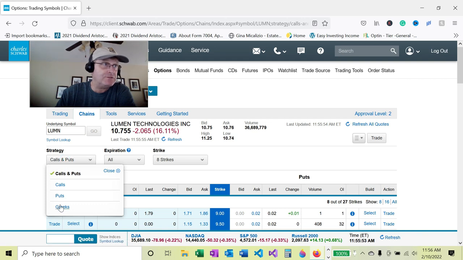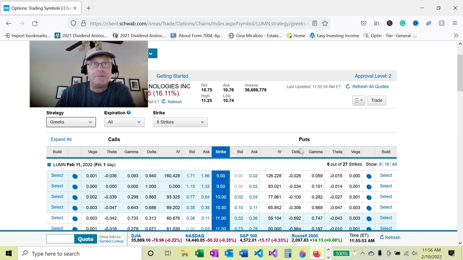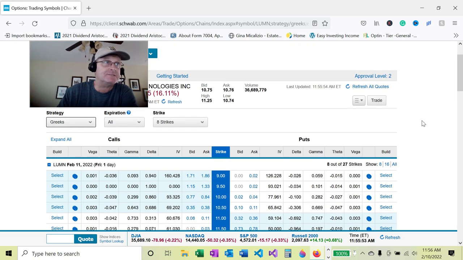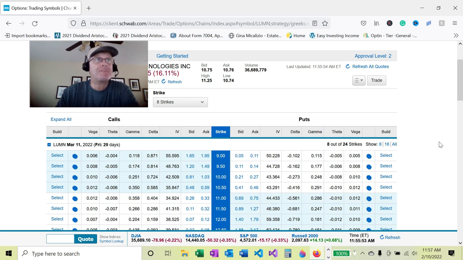Now I can switch over here to Greeks, and you'll notice that right underneath the P for puts is delta. So I can see here that there's a 10 versus 30 delta, and again with such a small price it's fairly extreme. Of course this is expiring tomorrow, so let's also change the expirations. Let's unselect all and let's start with between 30 and 60 days. So we'll select these, we'll click continue, and then here we'll see